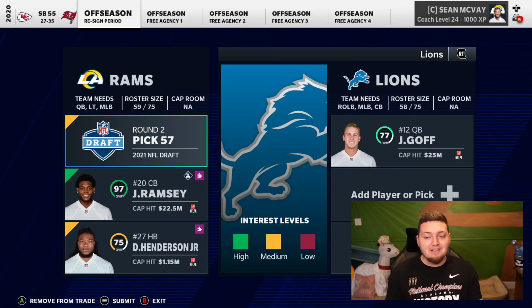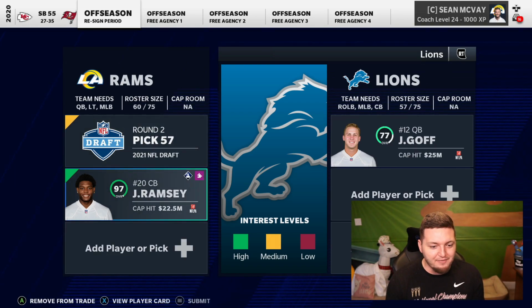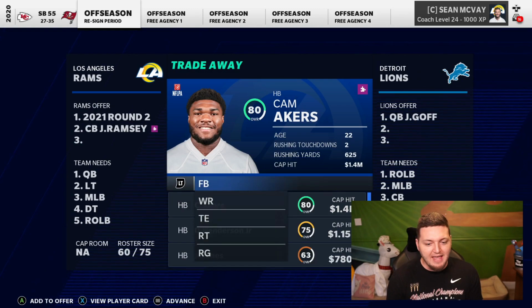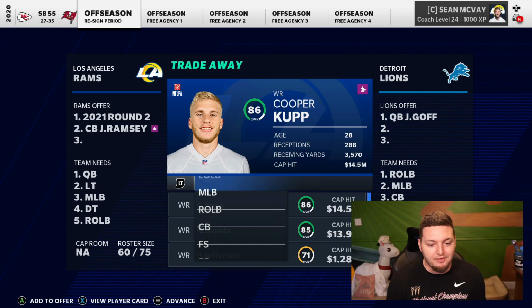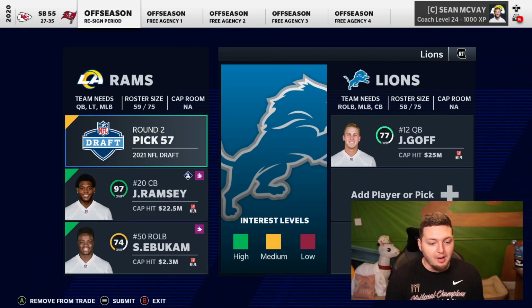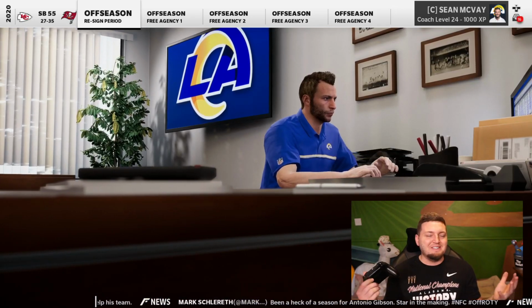So according to Madden 21, Jared Goff is valued so much more highly than Matthew Stafford. Like, what's it even gonna take? What else do I have to add in here? I don't know what to add in here. They need a right outside linebacker. What do we even have here? Samson Ebukam. Maybe this will be accepted finally, but that just shows you right there, this game is so